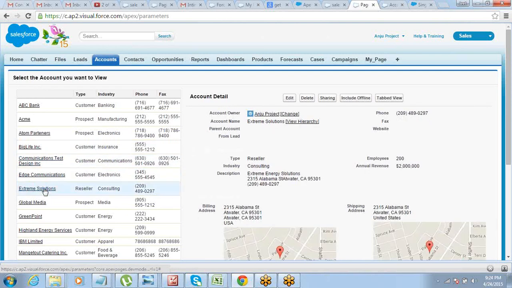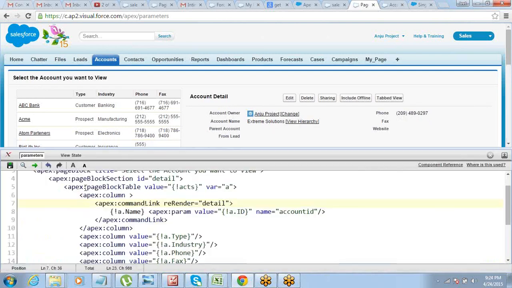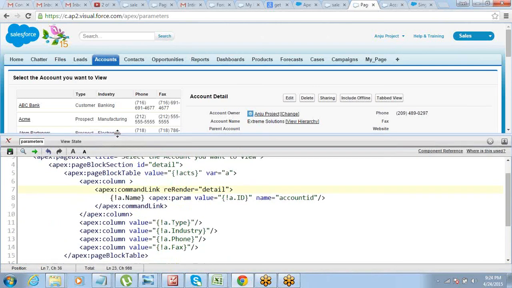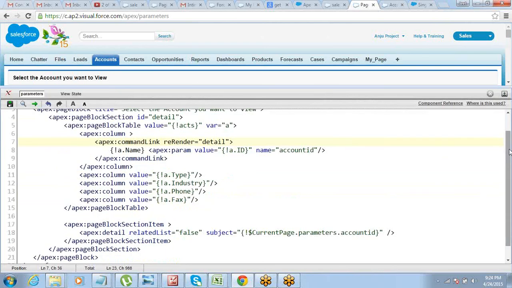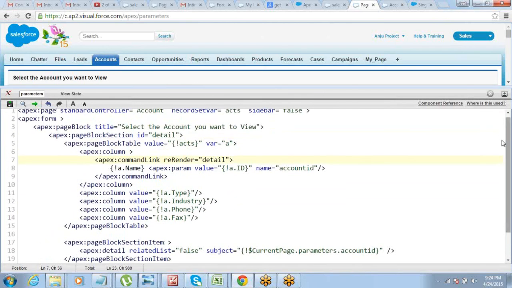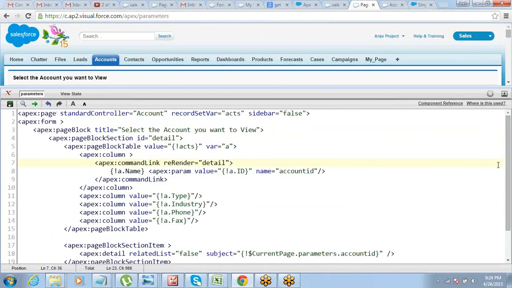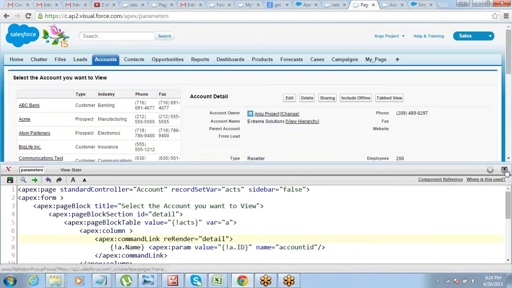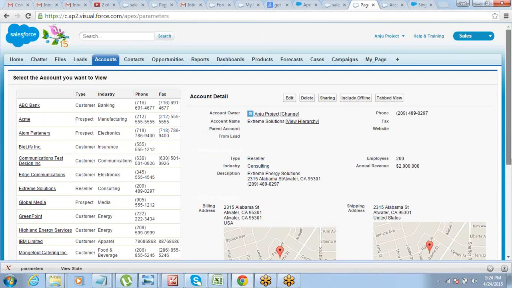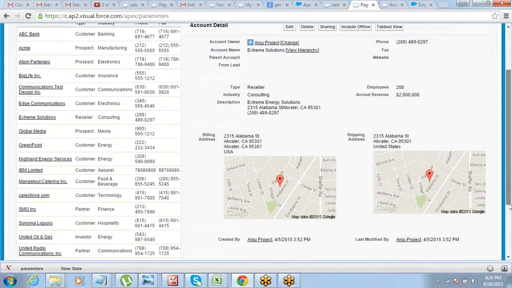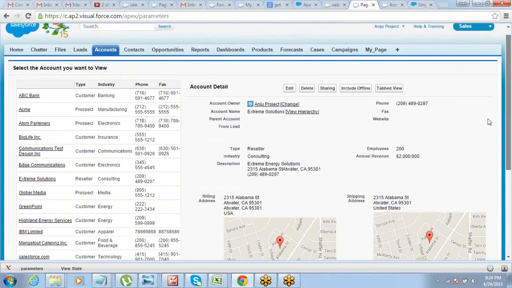So the page is not getting rendered, but only this section is getting re-rendered. The one with the list and that side. Correct? So this is how we can do a passing of parameters, right? Please let me know if you have any questions or doubts on this.